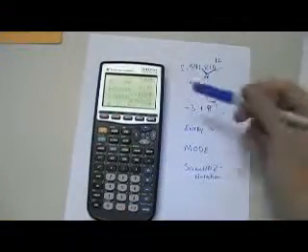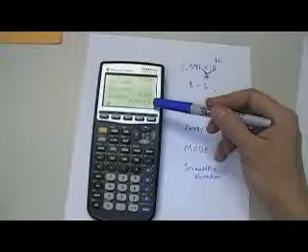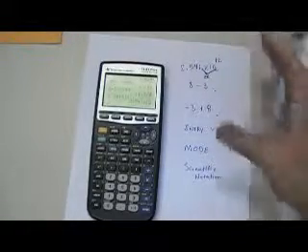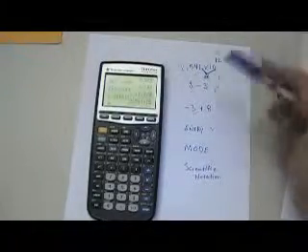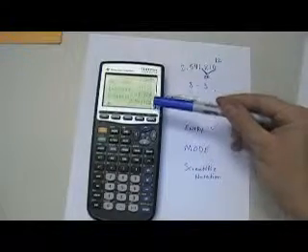And if I press enter, notice it keeps it in scientific notation because my calculator will only display 9 digits. Anything larger than that will remain in scientific